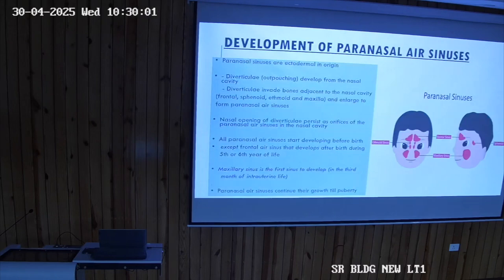Paranasal sinuses. Now these are basically the outpouching of the nasal cavity in the surrounding bones. Which are the pneumatic bones? Can you enumerate? Yes. What's your name? Stand up. Stand up. What are the pneumatic bones in which paranasal air sinuses are there?